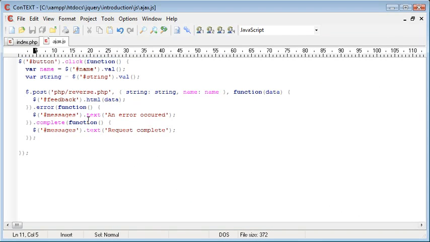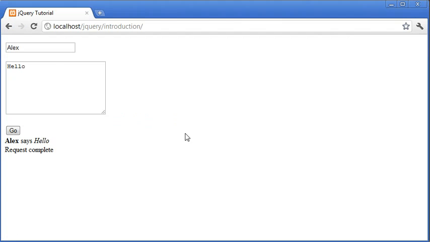Okay, I'm also going to use this and say append rather than text. That just makes it easier to see each request in total. So let's go ahead and run this,